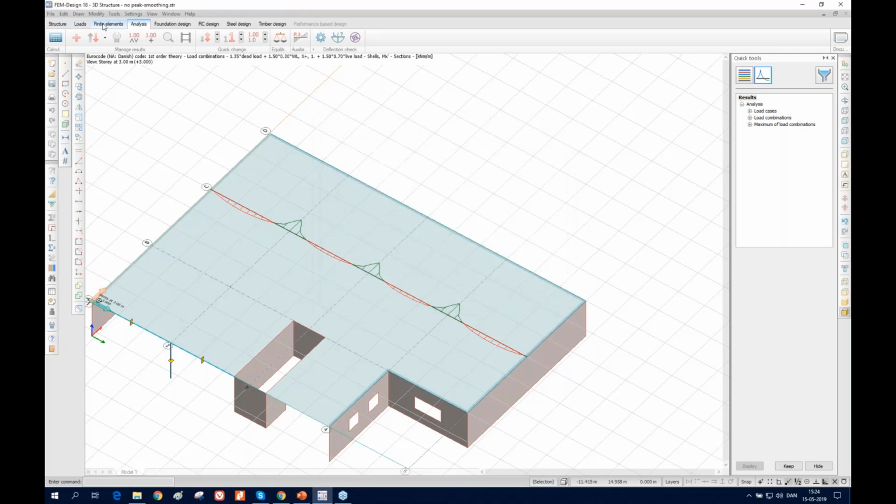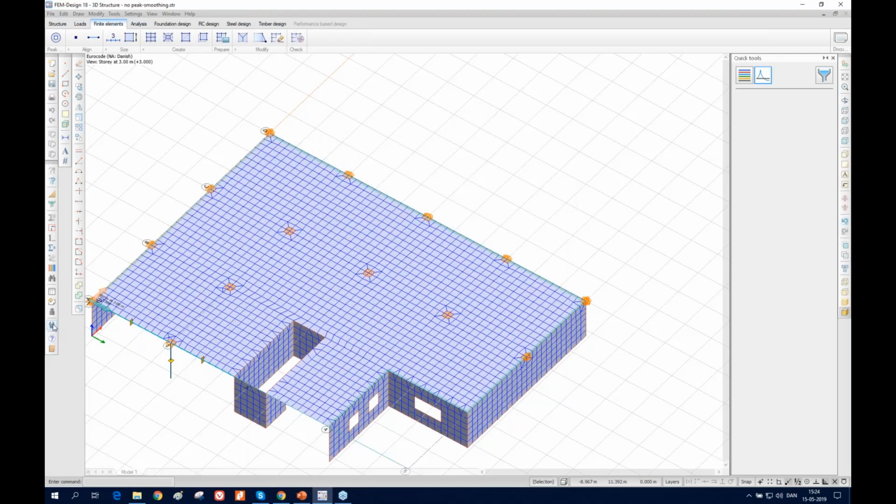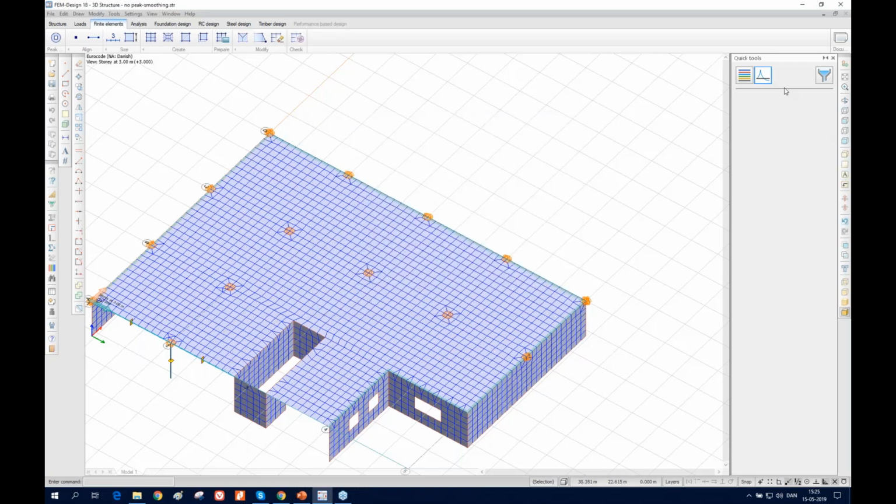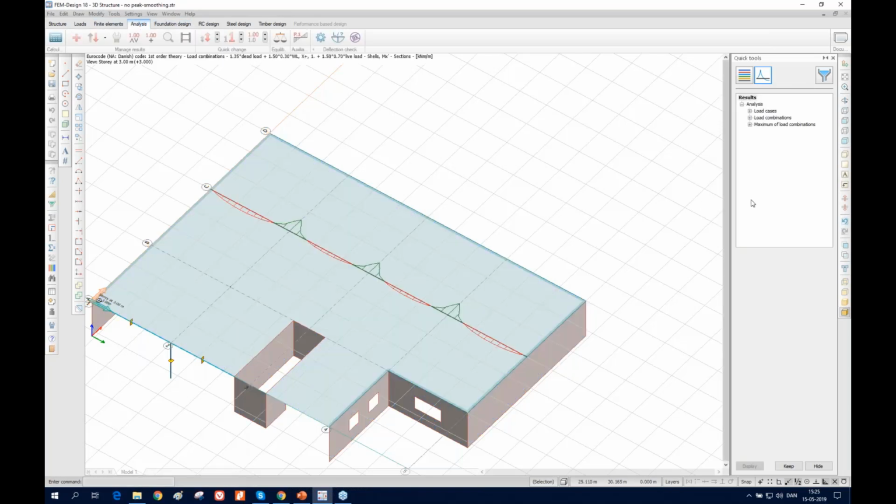case of shear force. If you go here, especially if you use higher order shape function for the shear force, then you can see the benefit. If you use, for example, this one, it is kind of flat out completely, and this one you can see a smooth transition. If we go back to analysis and go back to shell internal forces, and if we click